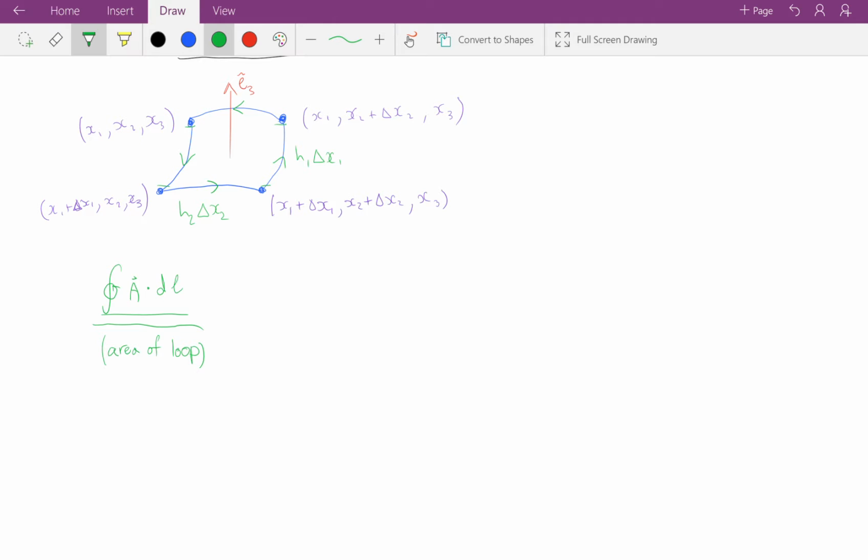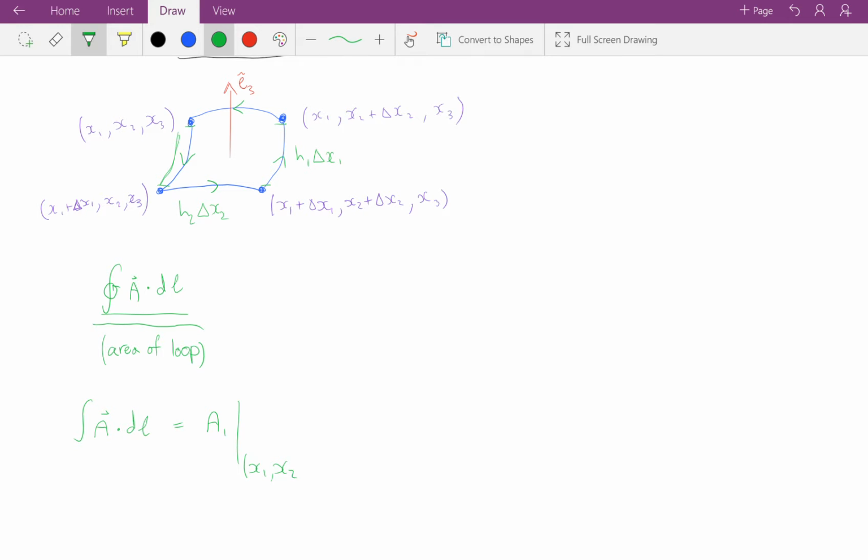So let's take a look at that first side there. So that component there, we're going to have the integral of A dotted along the direction of that piece of loop. And so that's going to give us the A1th component of our vector evaluated at x1,